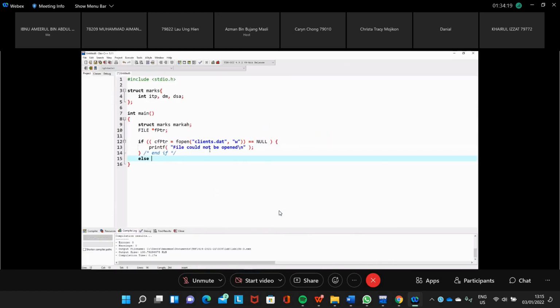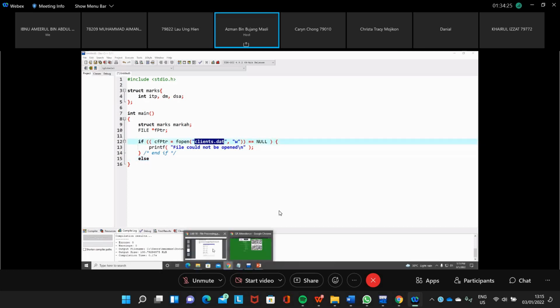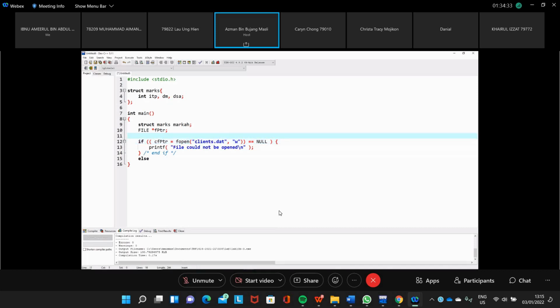We open the file, and then we can name the file according to the question just now. It says marks.bin, so marks dot binary. This is for writing binary. If you open a binary file, it is WB.